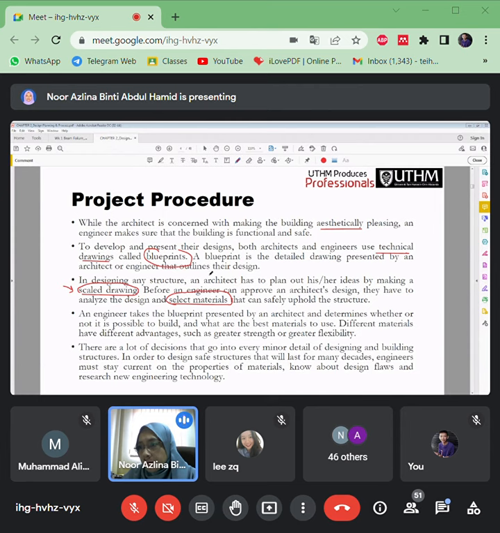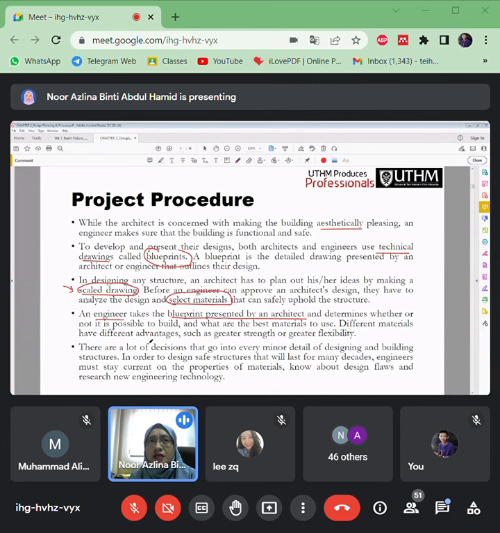So we as engineers will take the blueprint presented by the architect in order to determine whether it is possible or not to be built. The architect's imagination is sometimes beyond our calculations. We design the usual way, then suddenly the architect comes out with a special design with fewer columns, let's say.